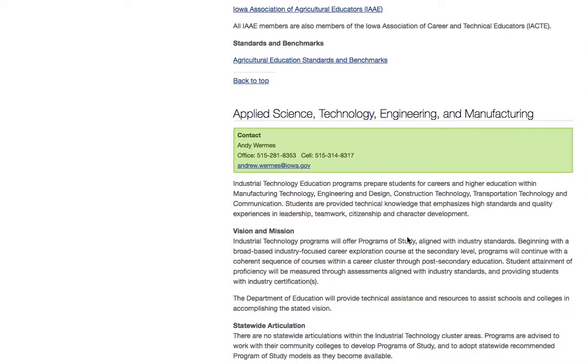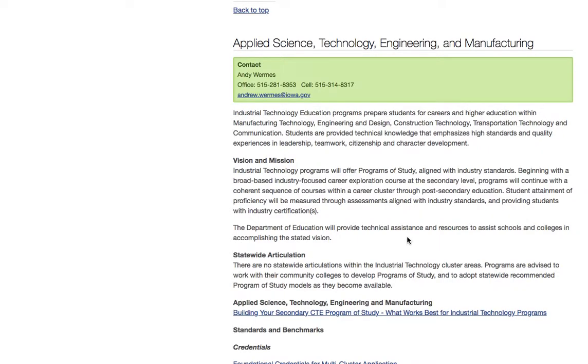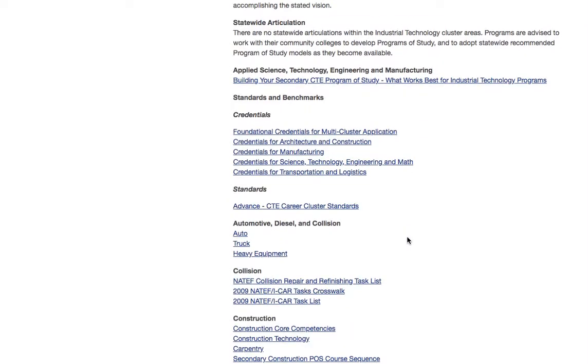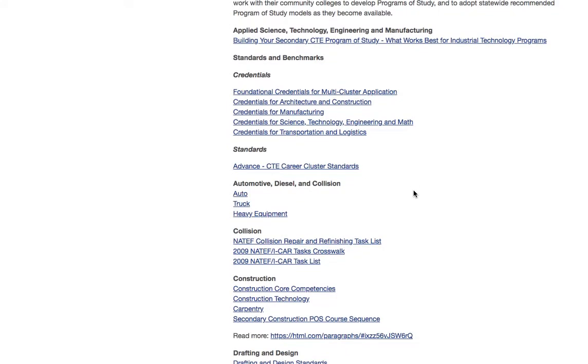By continuing down the page, Applied Sciences, Technology, Engineering, and Manufacturing is the next service area that I'm going to explore. And as we dig into this a little bit deeper, we can see that there are standards and benchmarks for the content that falls into Applied Sciences, Technology, Engineering, and Manufacturing.